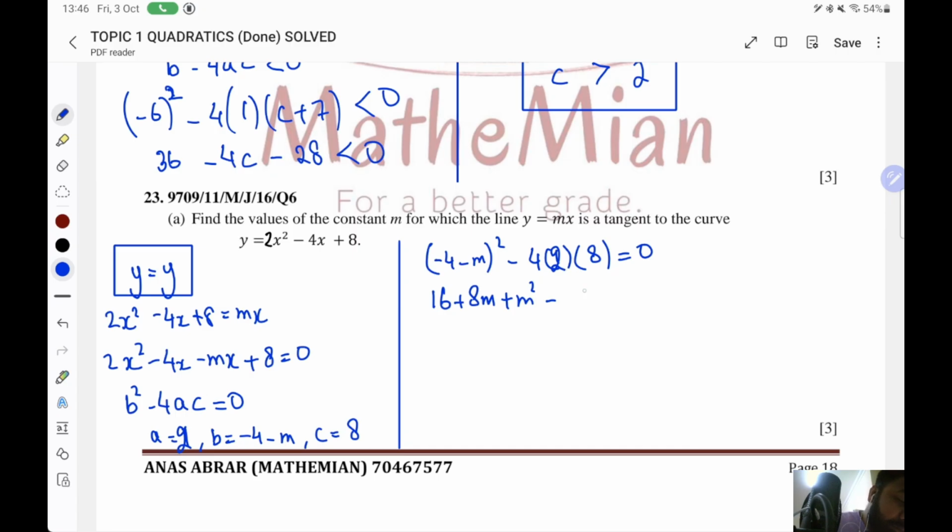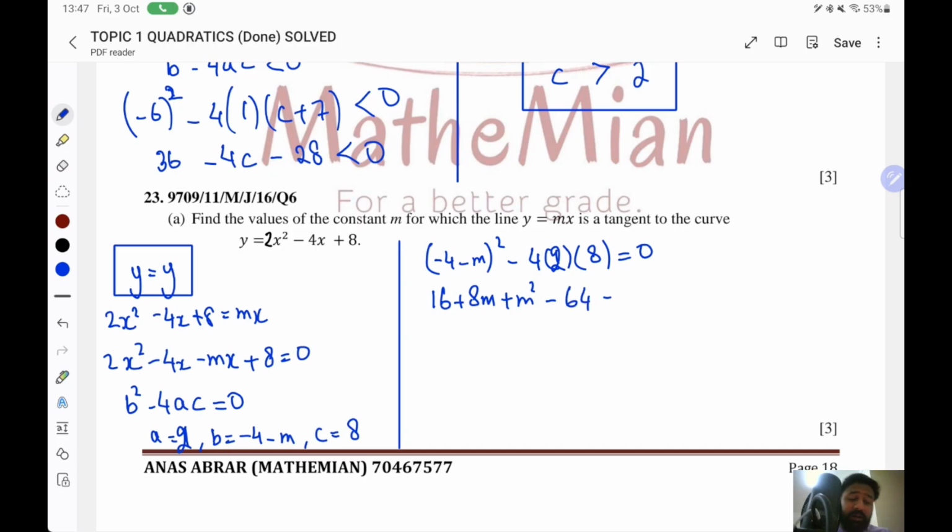So it's written in the question. No, it's a typing error. The question is 2x square minus 4x plus 8. The curve equation is not x square minus 4x plus 8. Okay,